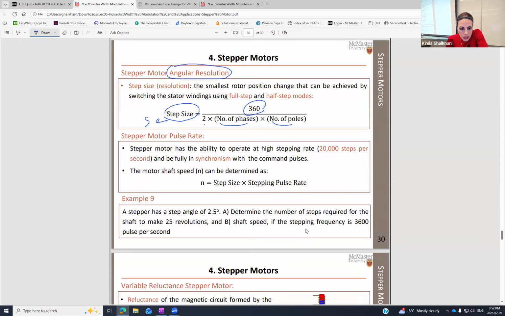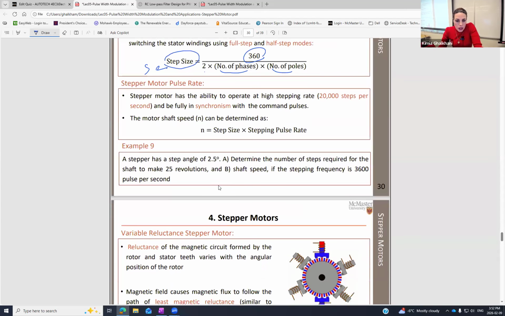Any questions so far? Then I can look at one quick example here for you. Like, for example, this one. It's asking, if you have a step angle of 2.5 degrees, calculate the number of steps for the shaft to make 25 revolutions, and calculate the shaft speed if the stepping frequency is 3,600 pulses per second. How do we do that? For part A,